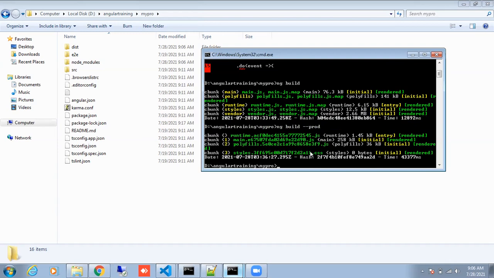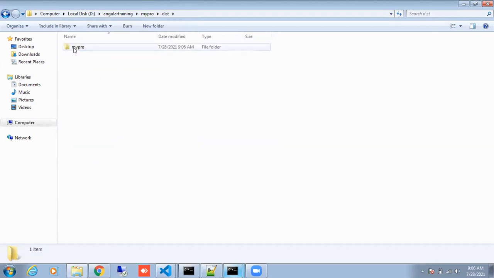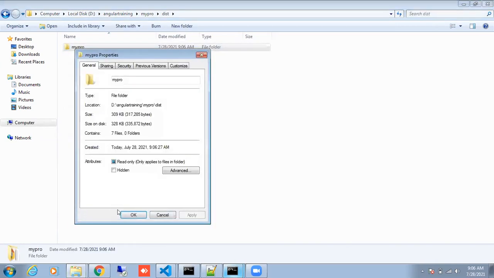Great. Now it is ready. Can you please check the size of the dist folder now? Amazing. So you can see earlier you had almost 5 MB and now you have only a few KBs. The size has drastically reduced. Make sense? Yes. That's the beauty of this.